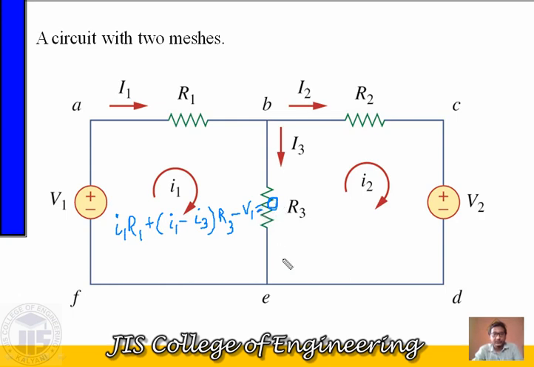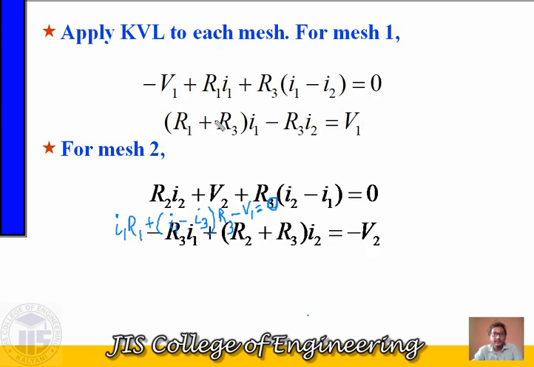Okay, so now if we move to the next slide, we see that the same thing is written over here also. Which thing? Whatever we have written previously: I1 into R1 plus I1 minus I2 into R3 minus V1 is equal to 0, and that is over here. We have just rearranged the equation: first the coefficient of I1, then I2, and it is equal to V1. So similarly, again we go back to the previous slide.